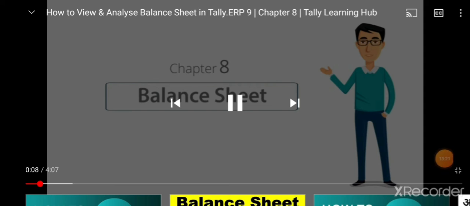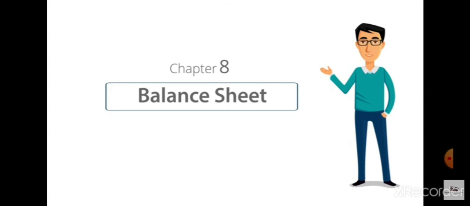In this chapter, we will learn about business reports in Tally ERP9. Business reports reflect the health of any business. They help you evaluate your financial performance and allow you to take smart and timely decisions. The report we will discuss today is the balance sheet. The balance sheet is a key financial statement that reveals the details of the company's assets, liabilities, and the amount owed by the shareholders.